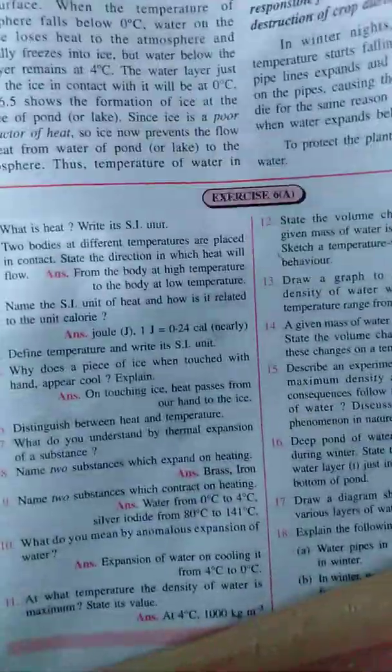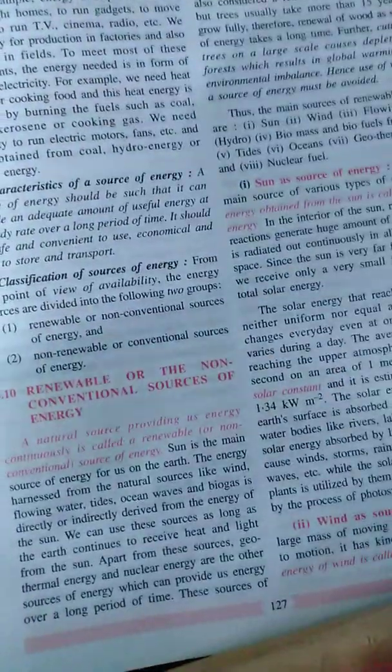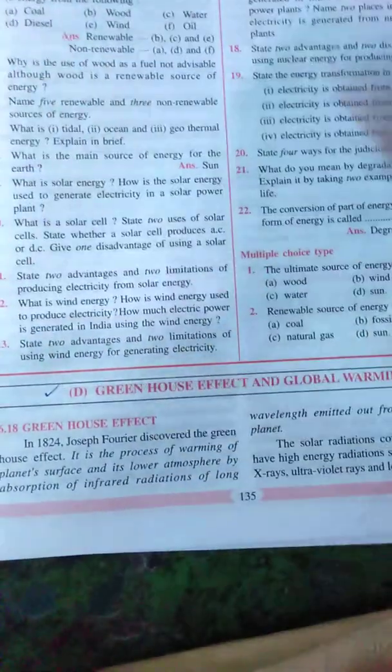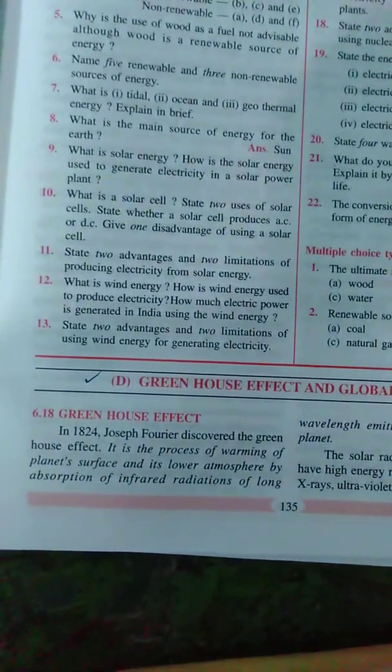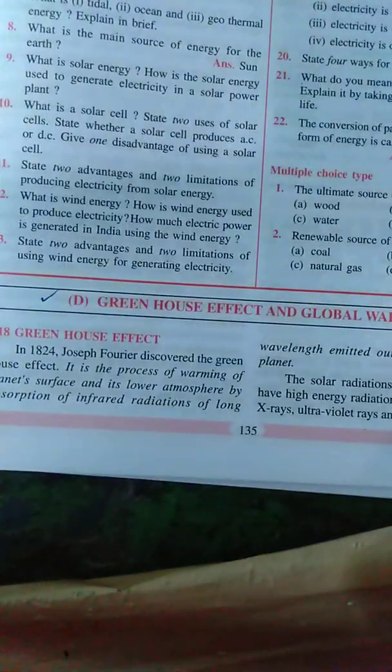Okay, now we are going to the next part. So this is what we have completed. Now as per the syllabus, we have global warming. The anomalous expansion part is not in the syllabus, so let's come to global warming. First we will study the greenhouse effect. Okay, greenhouse effect. Now what is the greenhouse effect? Try to understand.